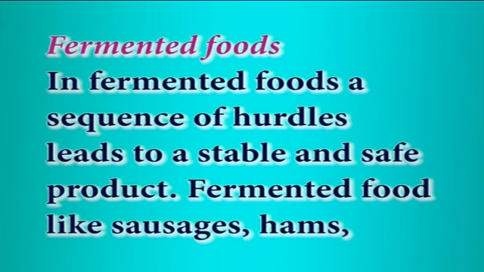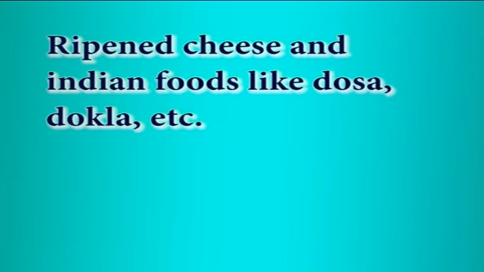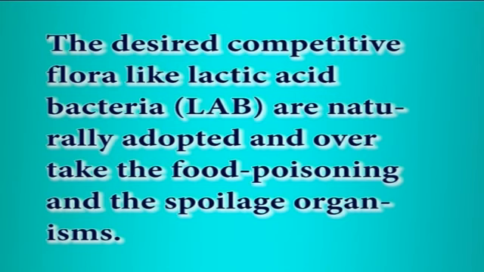Examples of hurdle technology: fermented foods. In fermented foods, a sequence of hurdles lead to stable and safe products. Fermented foods like sausages, hams, ripened cheese and Indian foods like dosa, dhokla, etc. are such technologies which are naturally adapted. The desired competitive flora like lactic acid bacteria are naturally adapted and overtake the food poisoning and thus the spoilage